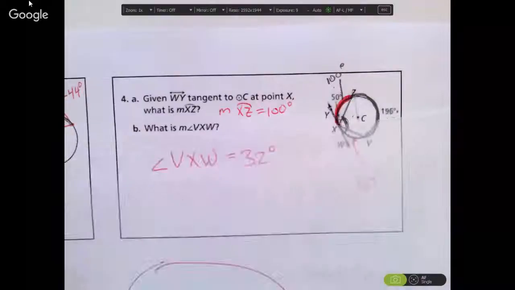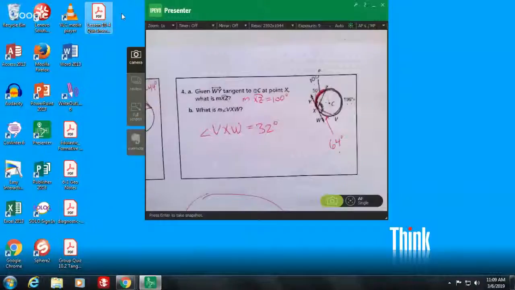The key is the vertex has to be on the circle. What's the difference between inscribed